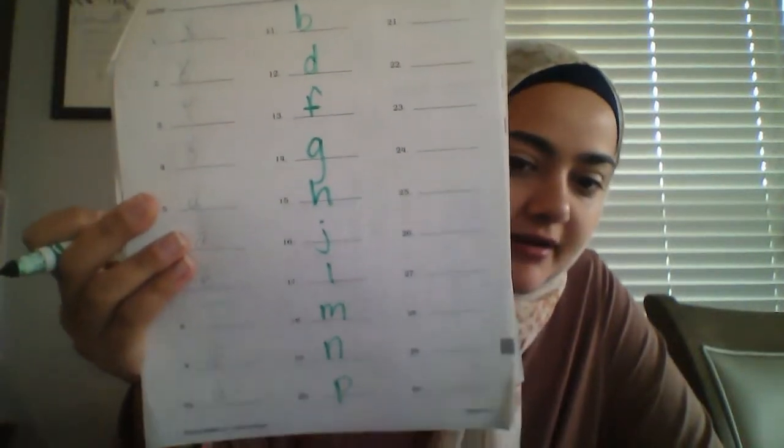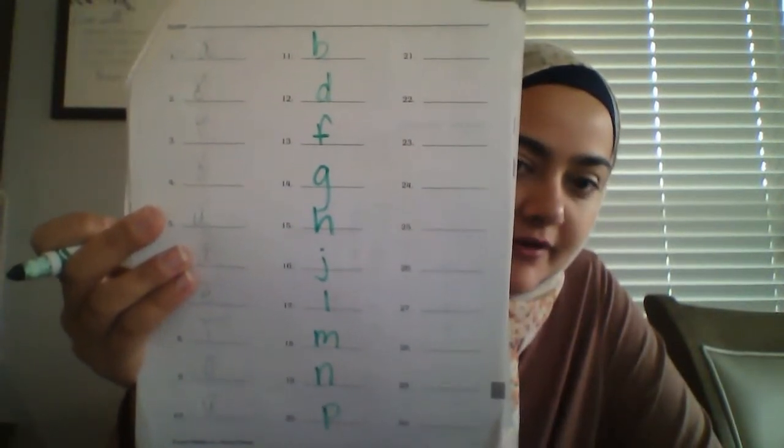I grabbed a marker this time, so it looks a little better. If you want to pause the video now to make sure you have it, you can. Moving on. 21, rabbit. 22, sun. 23, tent. 24, vest. 25, wagon. 26, yarn. 27, zebra. 28,